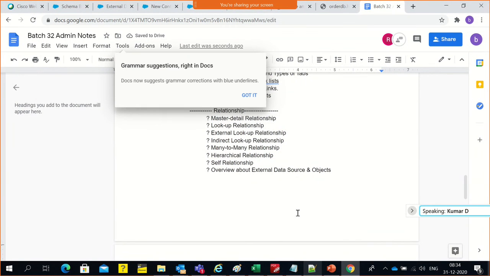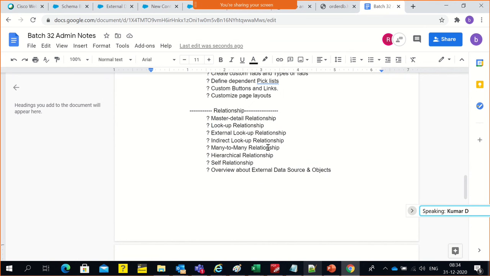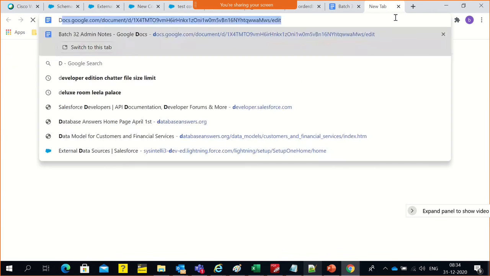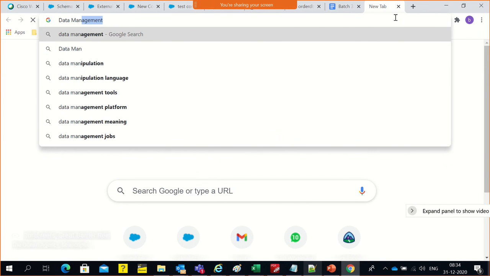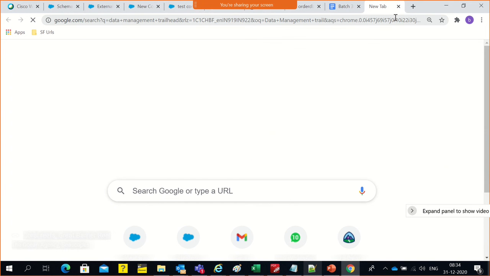Otherwise, if you wanted to connect again, let's say you wanted to understand more about the details of what I've shown, again you can search in Salesforce Trailhead. We have data management. If you want to do some activity,